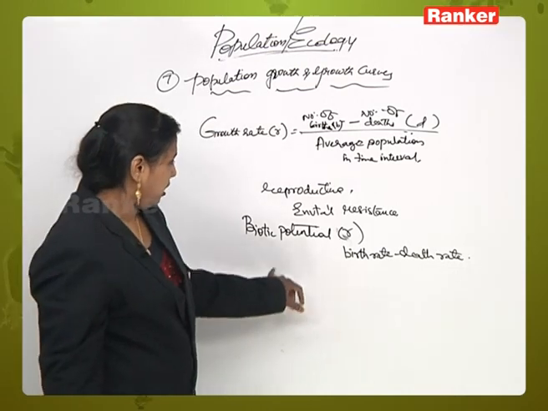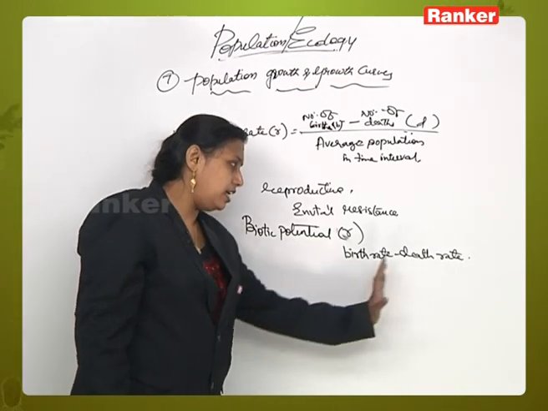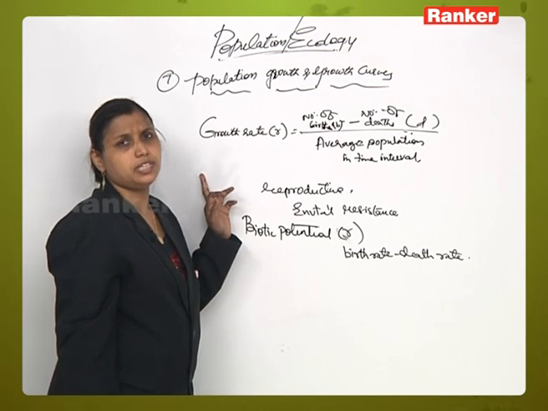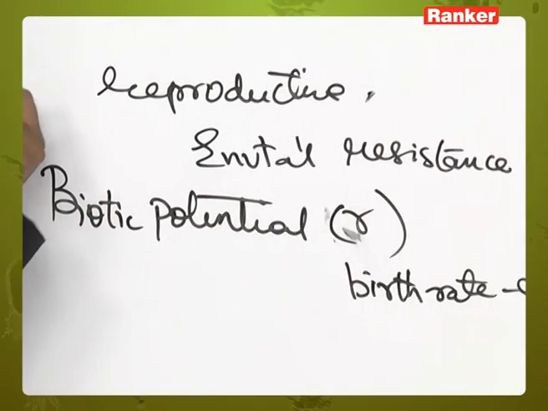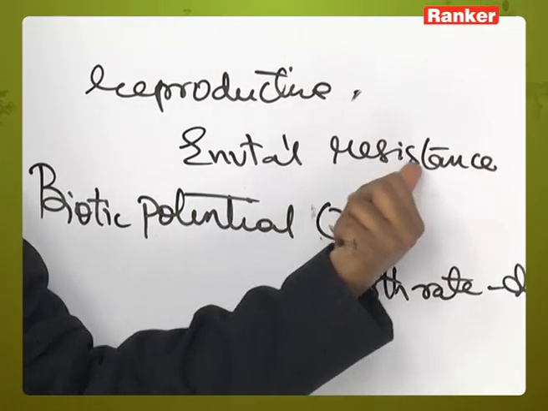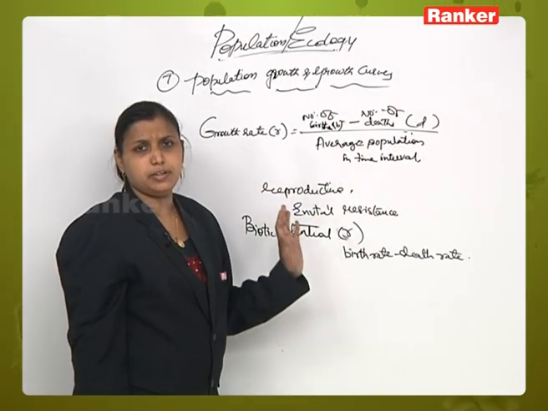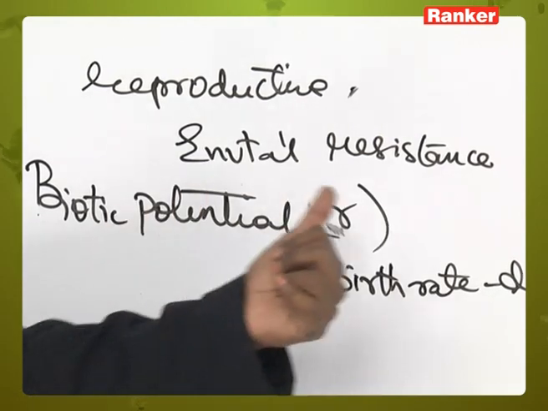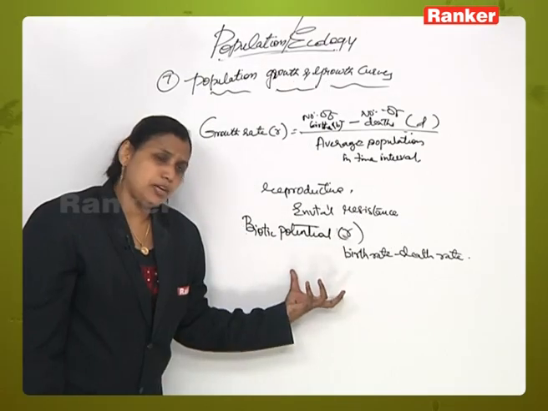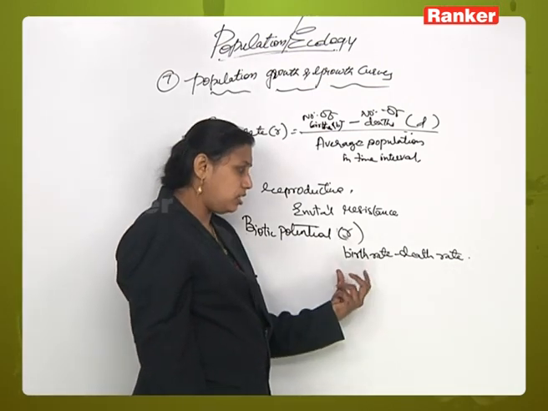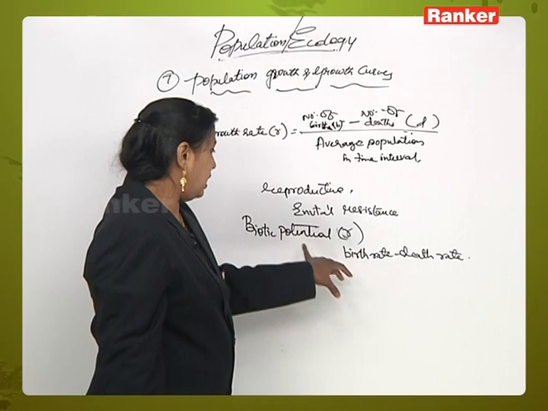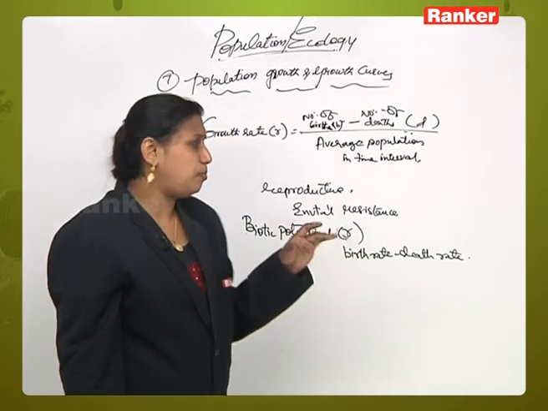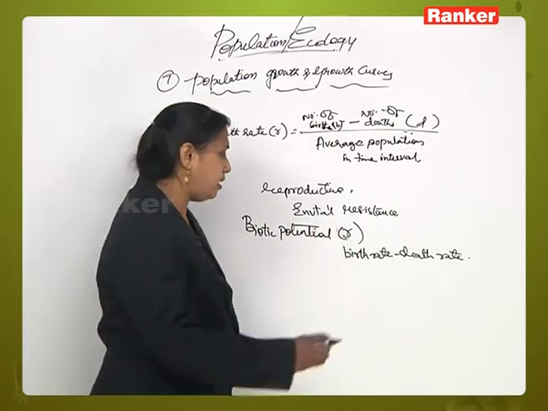Out of the total population, how many births are there, how many are living and how many are dead. The ratio or the difference between the both will give us the biotic potential. The growth of a population can be categorized based on the percentage of reproductive phase and the environmental resistance capacity of a particular individual in a particular atmosphere or habitat. Biotic potential is represented by a letter R. The difference between the birth and the death rate is called biotic potential, and it is influenced by the different age groups in different populations. The biotic potential is influenced by the male and female ratio